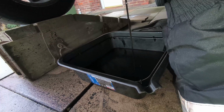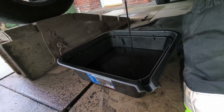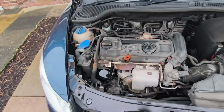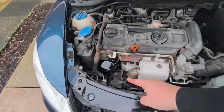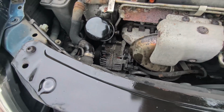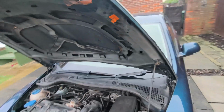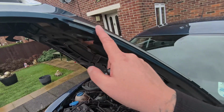Swear to God, does anybody else have that? As soon as you drain the oil, the wind blows. Change your mind, that's a stupid place to put the oil filter when the alternator is right beneath it. Stupid. But while that gets up in temperature after the oil change, I'm going to try doing this,